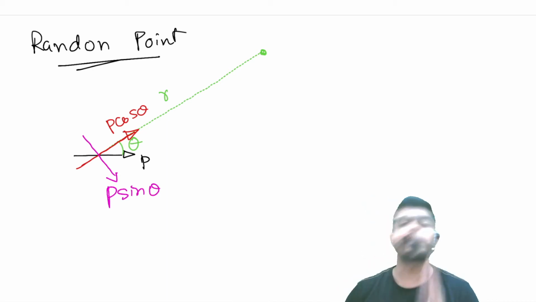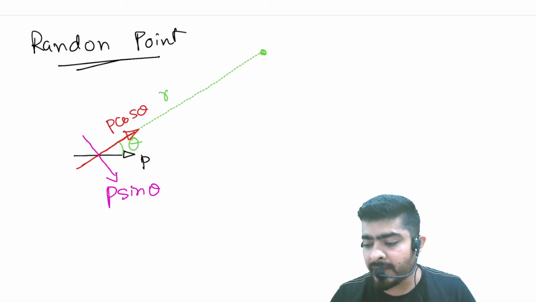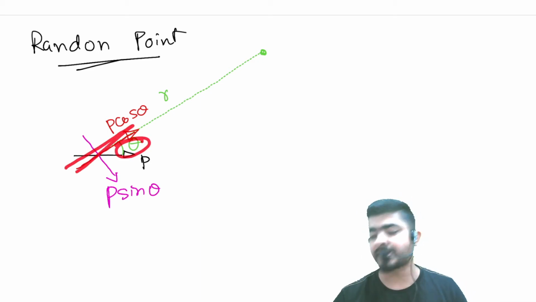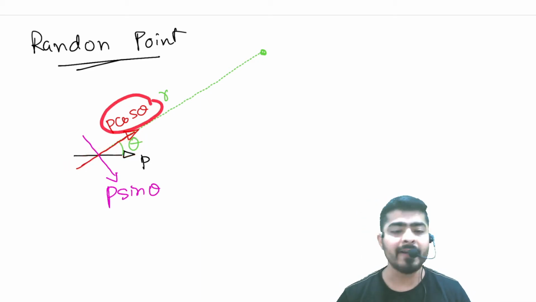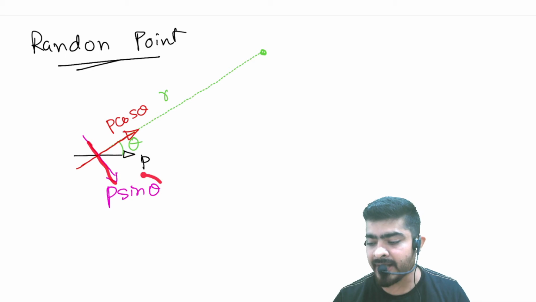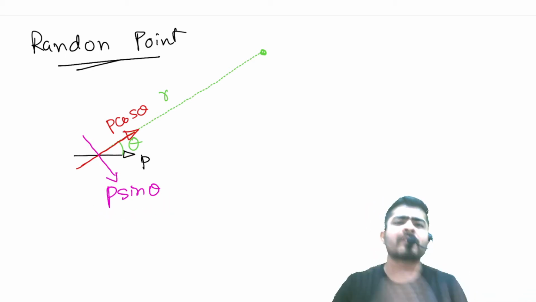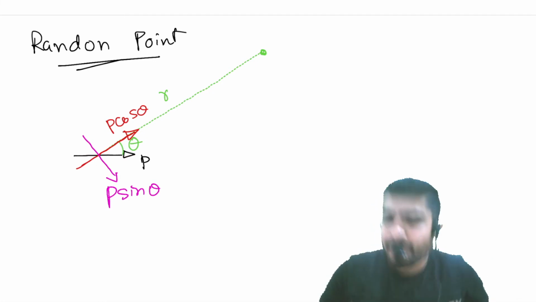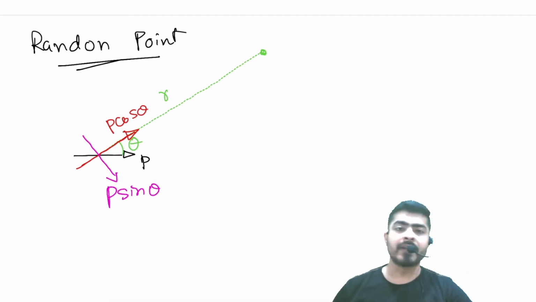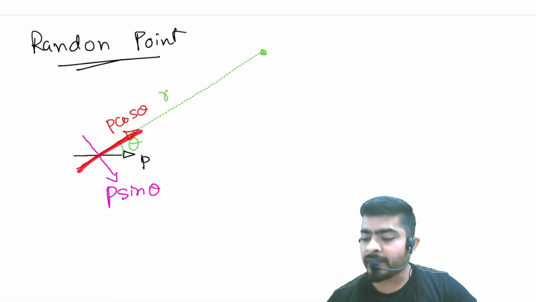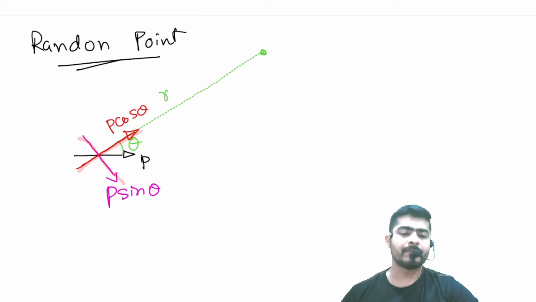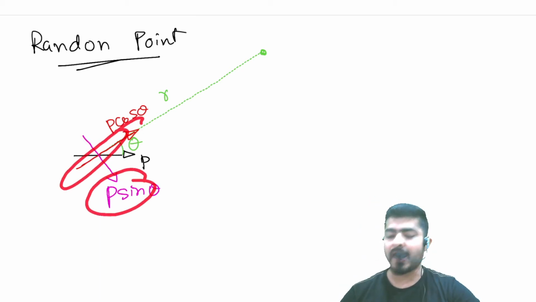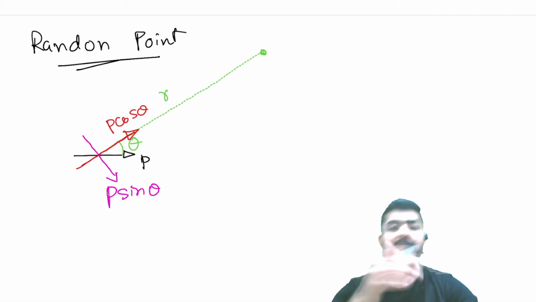If you're confused, it's simple logic. The component adjacent to the angle is the cos component. And the component in the other direction is always the sine component. One is cos, one is sine. So the component adjacent to theta is cos theta. Good. Now, think of them as two different dipoles. These two components are two separate dipoles.